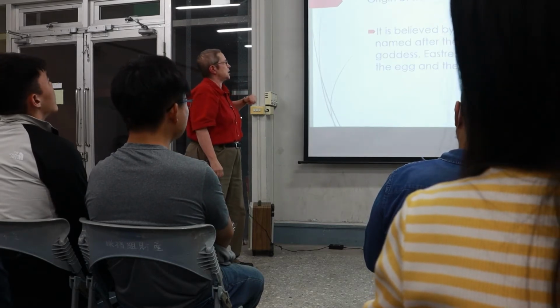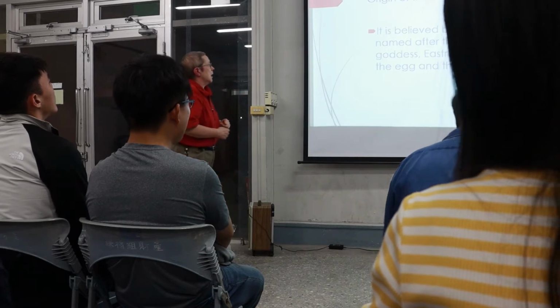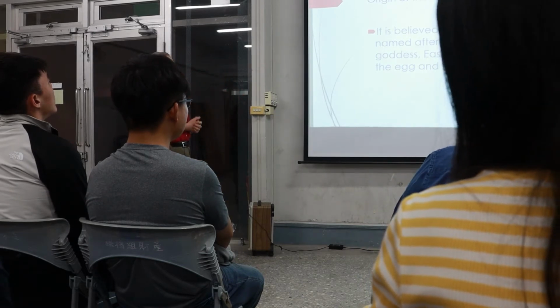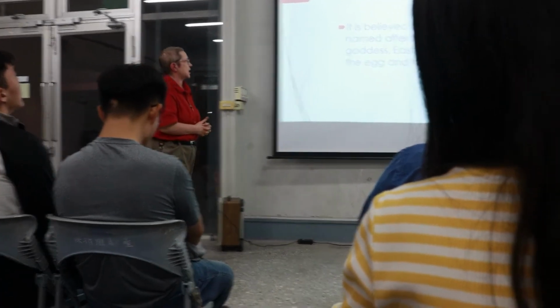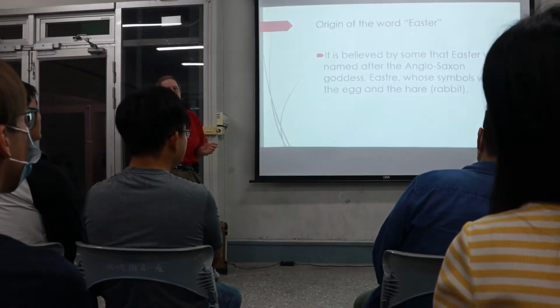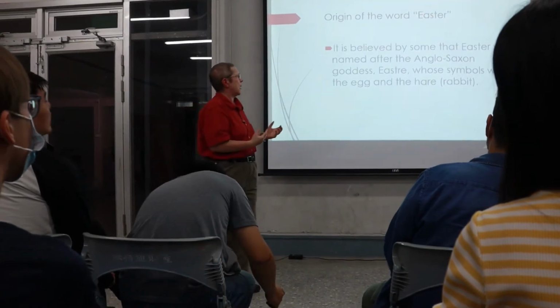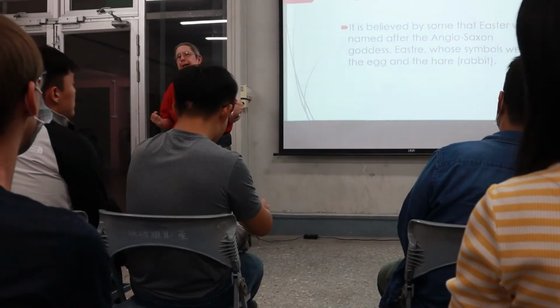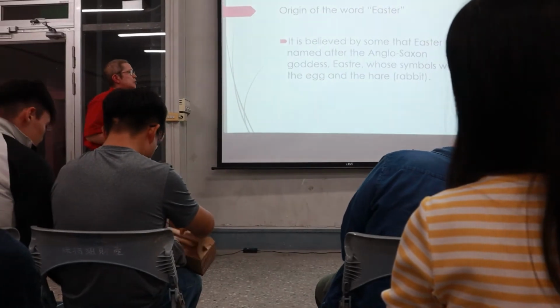So where does the word Easter come from? So it's believed by some that Easter was named after the Anglo-Saxon goddess Astra, whose symbols were the egg and the hare, the rabbit. Astra was a goddess of springtime. And the Anglo-Saxons,